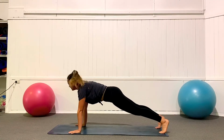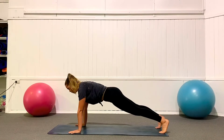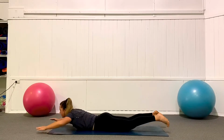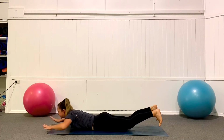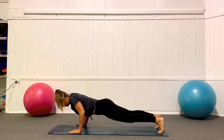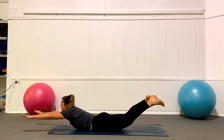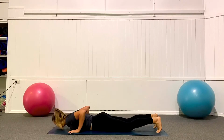That's it, same way as we got up. Nice long body, lowering it down. As we lower, we lengthen the arms, lengthen the legs, place it back. Bringing it up, lowering it down, Superman it out. Let's go for